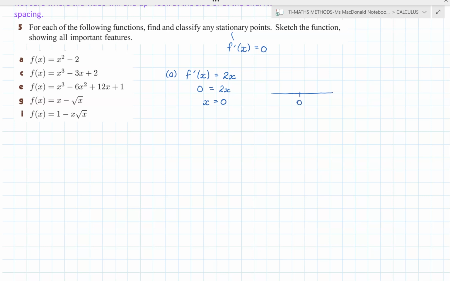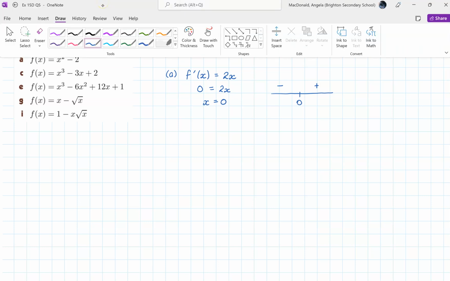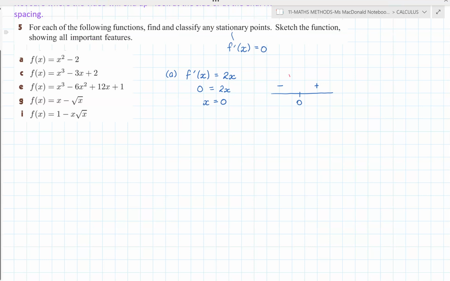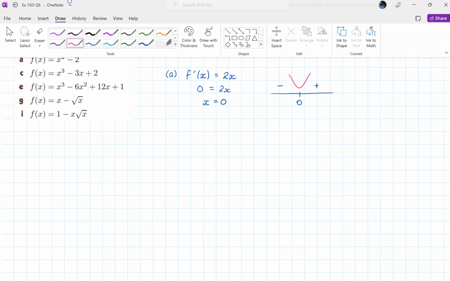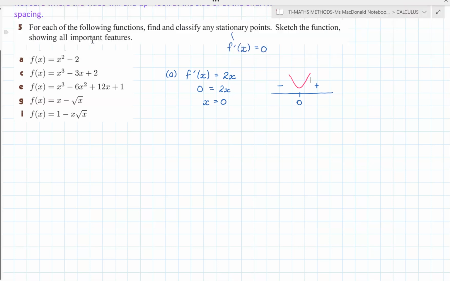So we get 0, and of course when you pick a number bigger than 0, so 10, 2 times 10 is positive, and when it's a negative value, 2 times a negative value is clearly negative. So what we've got happening here is we are decreasing and then increasing. So clearly we have a local minimum